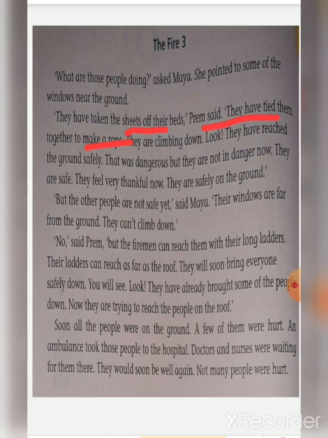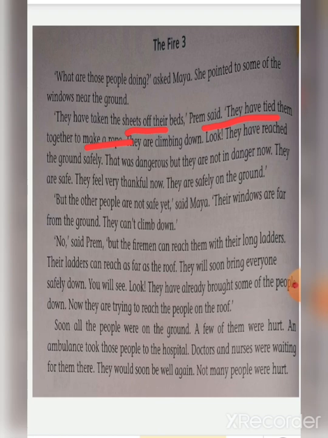But the other people are not safe yet, said Maya. Their windows are far from the ground. They can't climb down. No, said Prem, but the firemen can reach them with their long ladders. Their ladders can reach as far as the roof. They will soon bring everyone safely down. You will see. Look, they have already brought some of the people down.